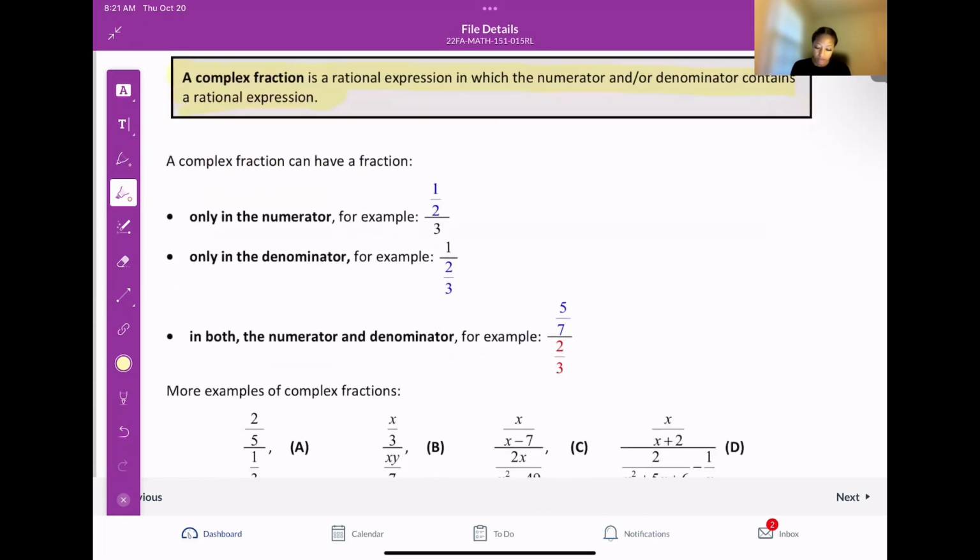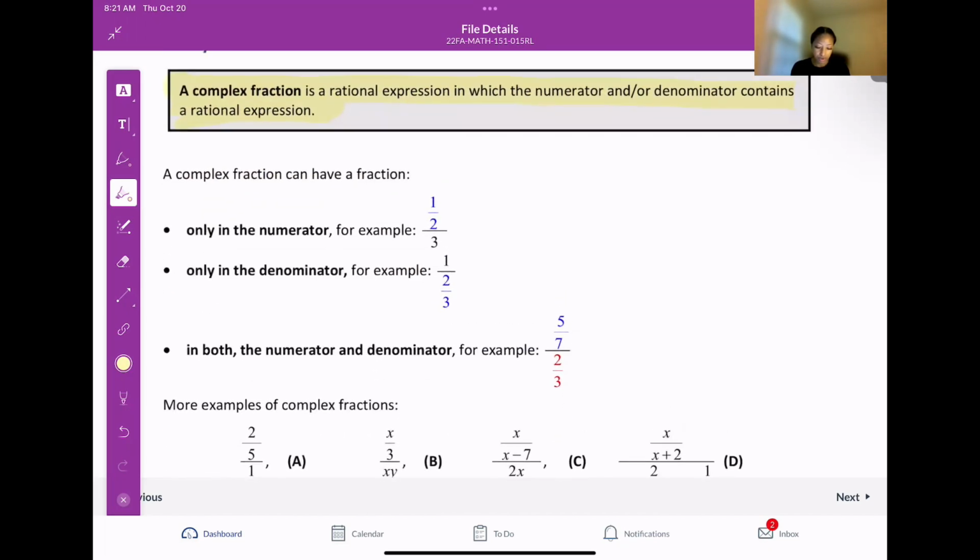Okay, so examples of some complex fractions. 1/2 divided by 3. That's a pretty simple one, but it's a complex fraction. 5/7 divided by 2/3. So that's a fraction where your numerator and denominator are fractions. Those are all just numerical expressions that show you what complex fractions are, but we can also have algebraic complex fractions,